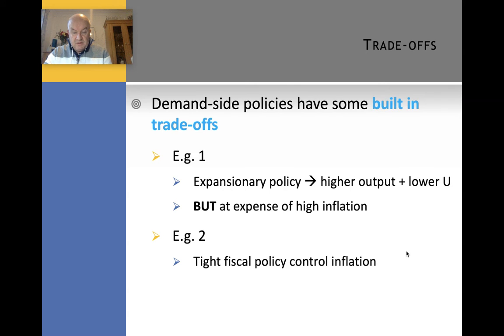Or alternatively, another example: if we have tight fiscal policy control to control inflation, or to help control inflation along with some monetary policy, the danger is that we get to a point where we're so tight on our government spending and taxation that effectively that could mean that we would increase unemployment and damage the level of gross domestic product, with the danger of us possibly going into recession, of course, where we have negative growth over 2 consecutive quarters.